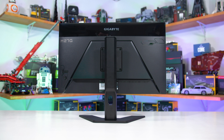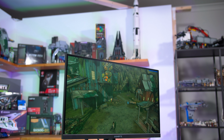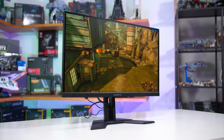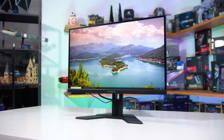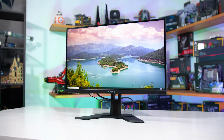If you're looking for flaws, there aren't too many here. Factory calibration could be better, although it's quite easy to fix to an acceptable level. The backlight strobing mode could be better, I guess, and ideally Gigabyte shouldn't be advertising this as an HDR monitor, given its lack of actual HDR hardware. But none of these things are deal breakers, and it just doesn't seem like much is being compromised to hit